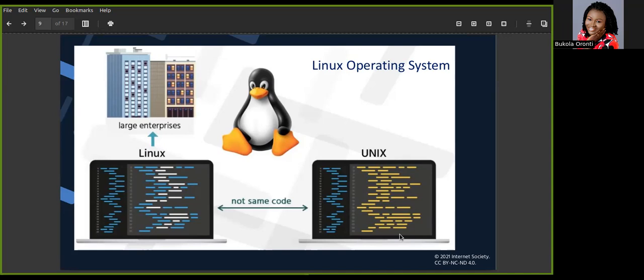Today, we have different versions or distributions of Linux. Examples are Ubuntu, Fedora, CentOS, Red Hat, Debian, even Android. All these are distributions that came from the source code of Linux. And large enterprises, large organizations today, make use of this operating system. We have Peugeot, Google, Amazon, KLM, and other big organizations that have the Linux operating system running at their core.